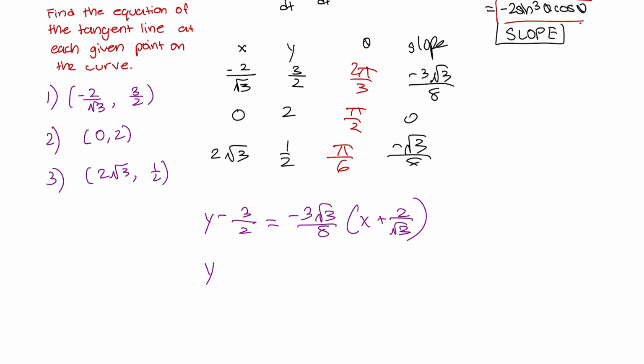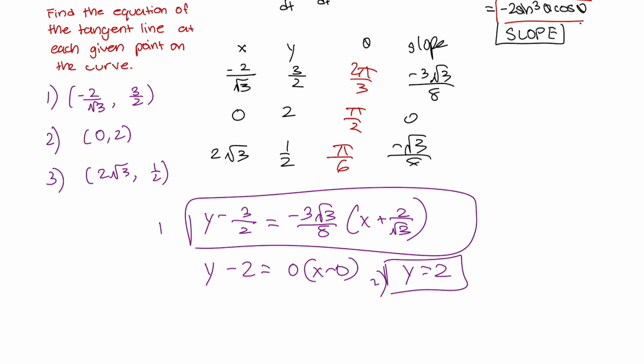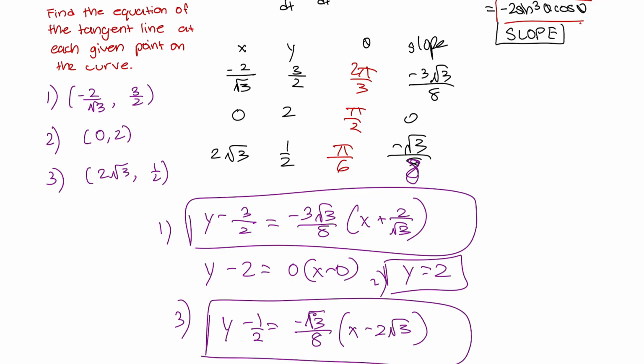Next you have y minus 2 equals, your slope is just 0, so here you just have y equals 2. That's your number 1, and that's number 2. And number 3, y minus 1/2 equals negative root 3 over 8. I'm just realizing how bad that is. That's an 8. Root 3 over 8, times x minus 2 root 3. So these are your